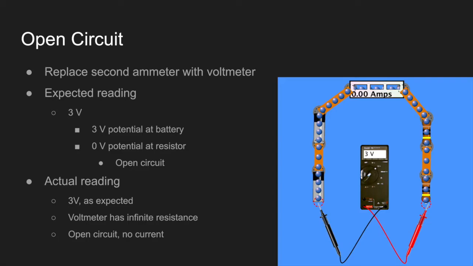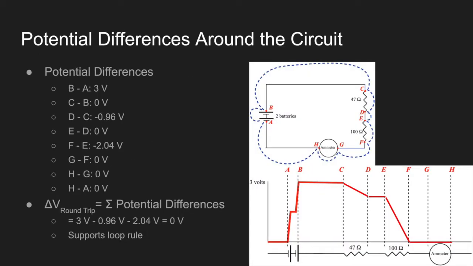In the simulation, the voltmeter has infinite resistance, which creates an open circuit as no current can flow through the voltmeter. Now, let's go around the circuit and measure the potential differences from component to component. 8 checkpoints are marked to the right, and the measured potential differences between these checkpoints are posted to the left. To find the potential differences for the round trip, let's take the sum of our measured values. Notice that the sum is 0, which supports the loop rule, as energy is conserved. This is also supported by the chart to the right, plotting voltage across the circuit, where the starting and ending